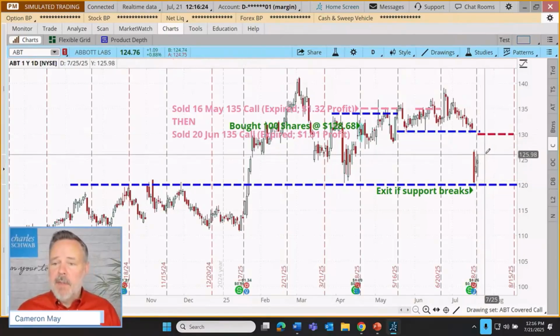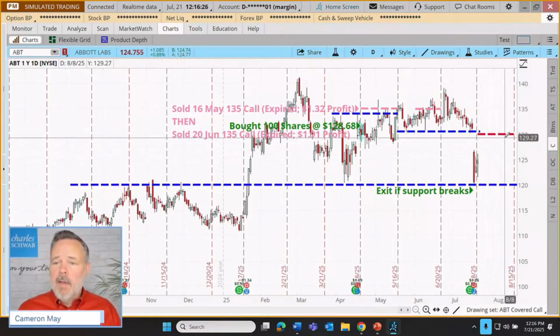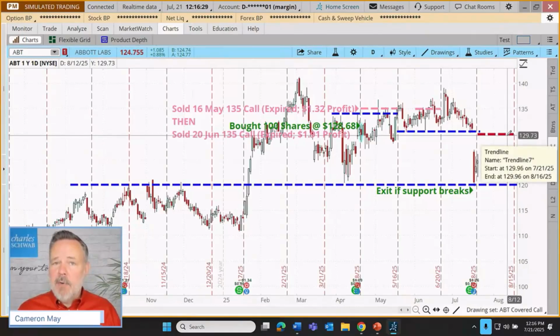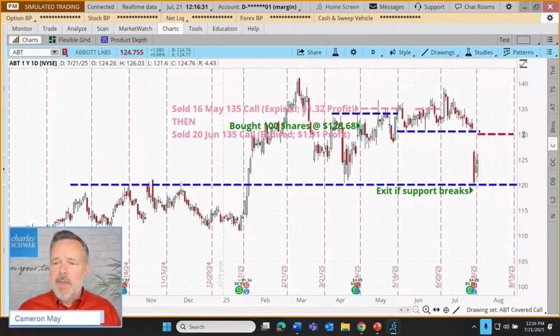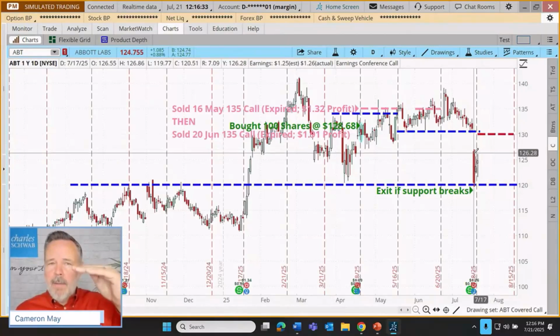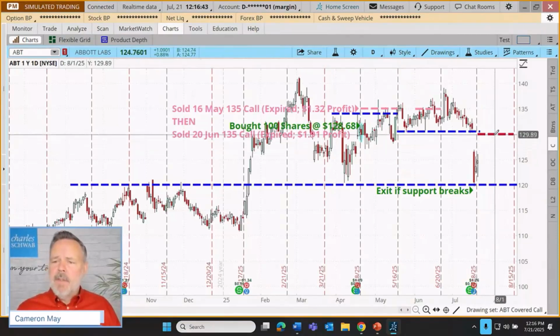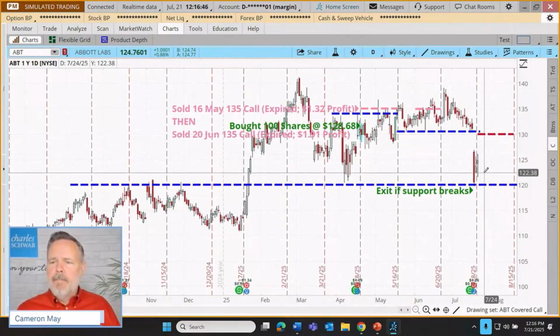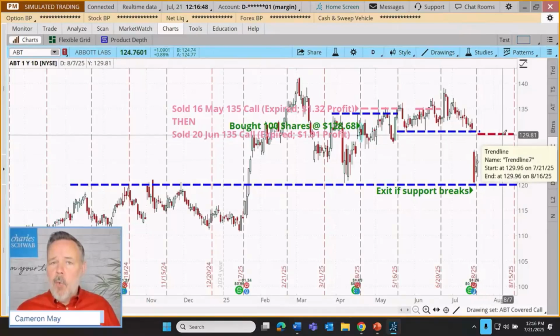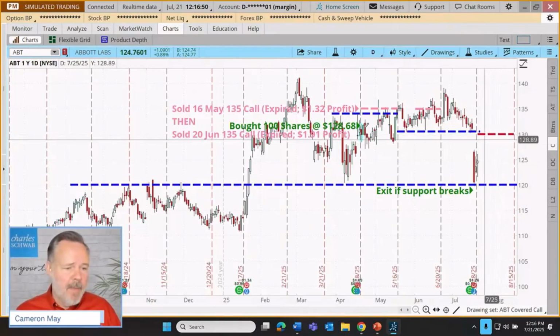But from here, our preference is for the stock to go up. But if the trader wants to retain ownership of those shares, maybe they have a preference for the stock to still be below 130 as we hit expiration. That's going to reduce the assignment risk. Assignment risk is still present. We still have a potential obligation to have to sell our shares at 130. But if the shares are below 130, that just makes it less likely.